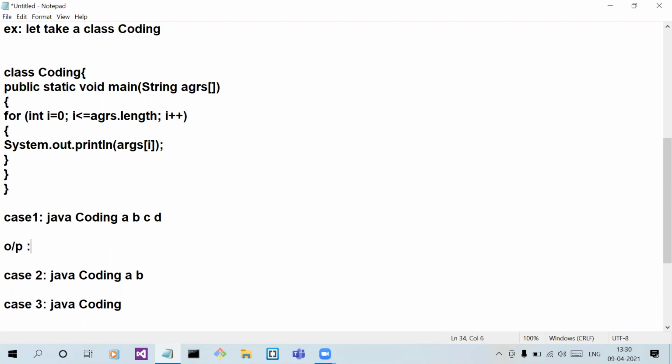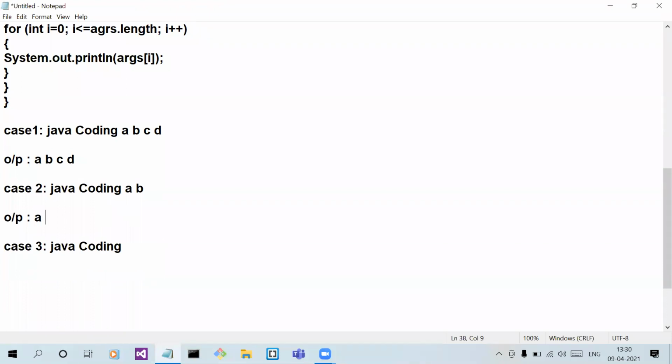You guys are right. In the second case, the output will be only A and B, because we are passing only two arguments, A and B.